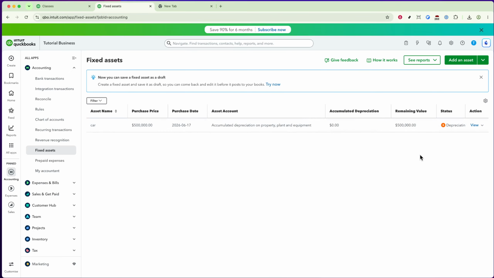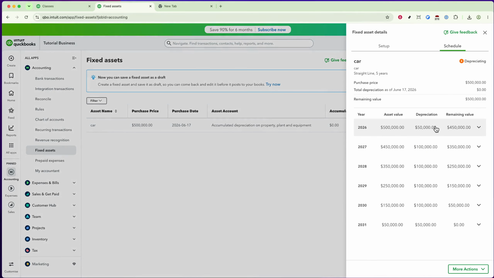If you want to dig deeper into the details of any particular asset, simply click on the asset's name. This will open up a detailed view where you can see important information about the asset's depreciation. You'll find data on how much value the asset loses each year, the original value of the asset, and its remaining value. Reviewing these details can help you understand how the asset's value changes over time and how it impacts